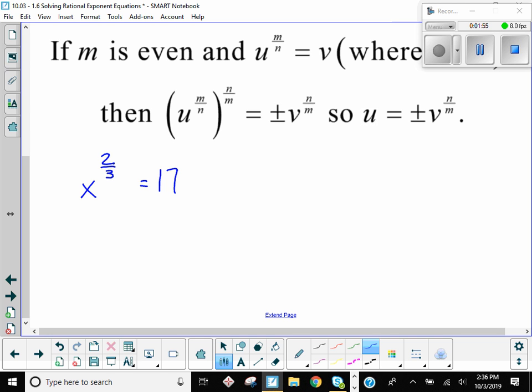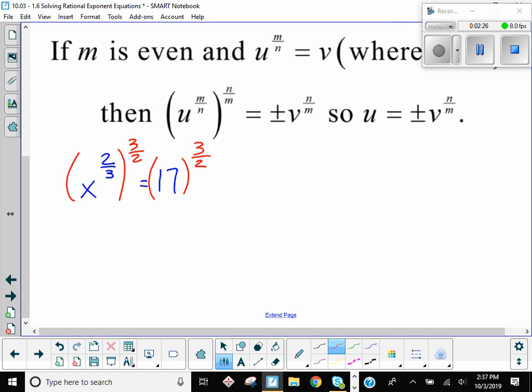If you're trying to solve for x and get rid of that 2/3 exponent, what you can do is raise both sides to a power. What do you think this power is? What's the relationship between this m over n and this n over m? What's going on there? It's the inverse, right? Or the reciprocal. So that's how you get rid of or undo fraction exponents. You raise both sides to the reciprocal power,